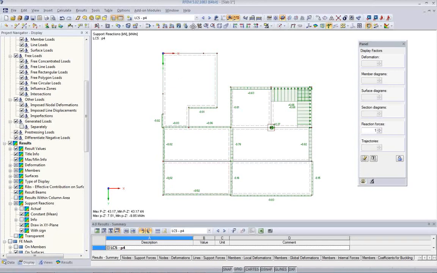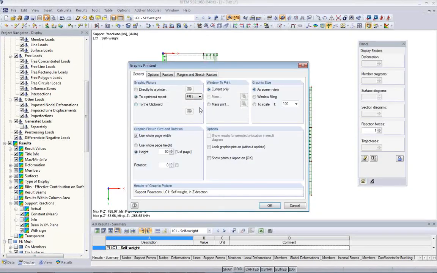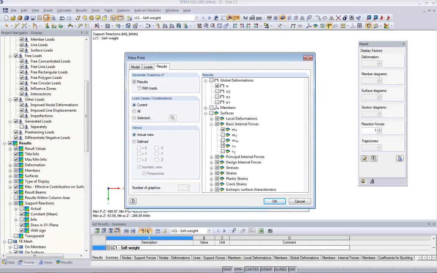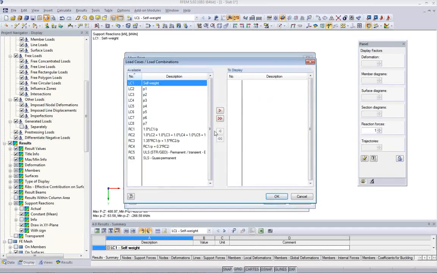So this type of picture I would like to print also in the printout report. So I use again the mass print option. I'll click on detail setting, results, and this time I'm enabling the support reactions and local PC reactions, line supports, and also the nodal supports. Okay, I don't want to do it for all the results. I only want to do it for the individual load cases